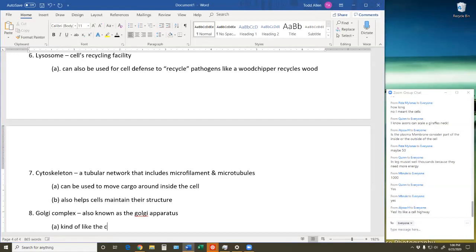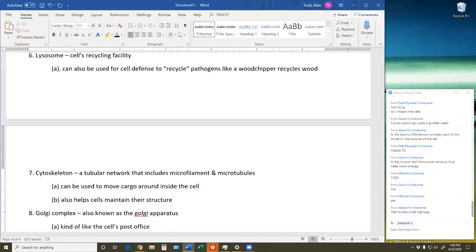Kind of like the cell's post office, okay? Think about it. You take a package to the post office. They might modify how you've packaged it for delivery. They might add some address information to it, whatever it might be. In other words, the Golgi complex is sort of the cell's post office because it helps the cell